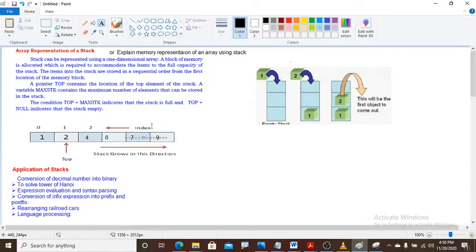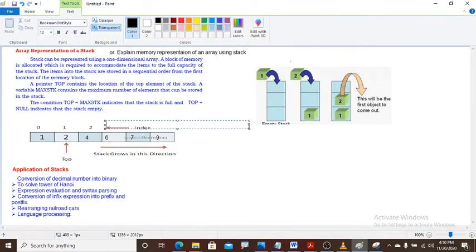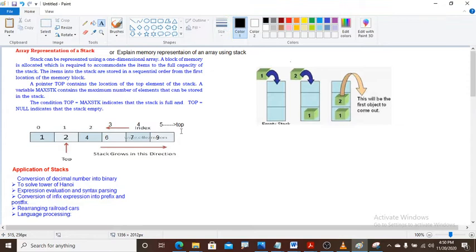If an element is present at the last position, that element is at the top position. Here I am taking the third position, this is the fourth position, this is the fifth position. Now what is the top of the stack? The top of the stack is 5, this position is called the top.